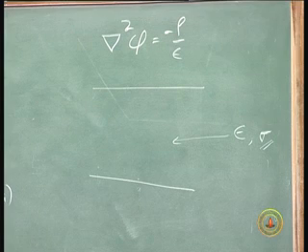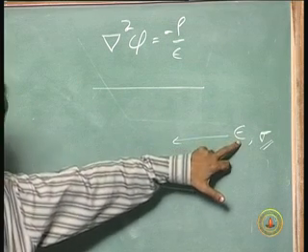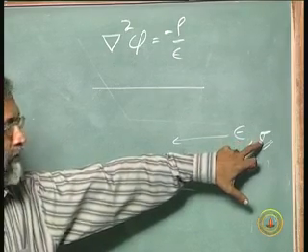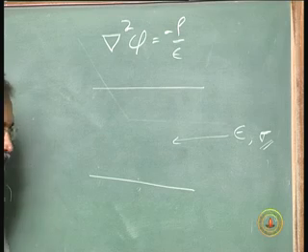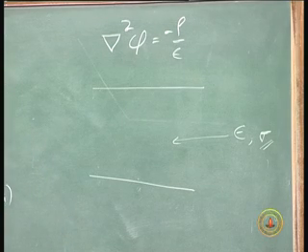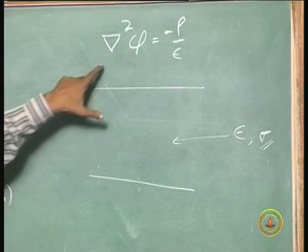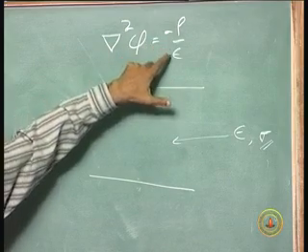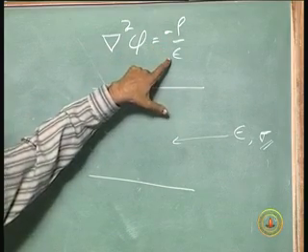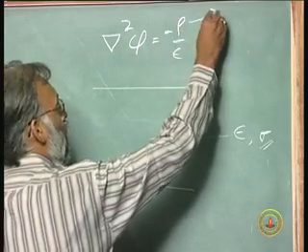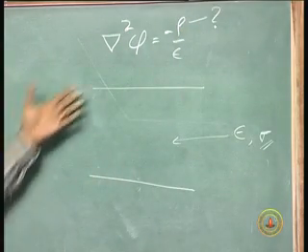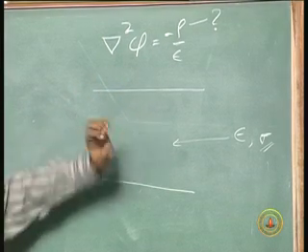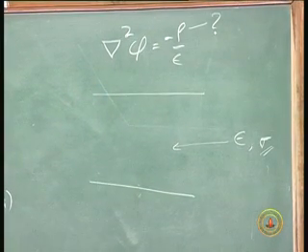sigma. Now, the question is, we found a solution using Poisson's equation, but in the presence of sigma, does this solution work or does it fail? So, let us work out the answers. First of all, we have del squared phi equals minus rho over epsilon. This is true, but we do not know rho. If there is leakage, it is possible that charge collects here and there. On the other hand, we know that